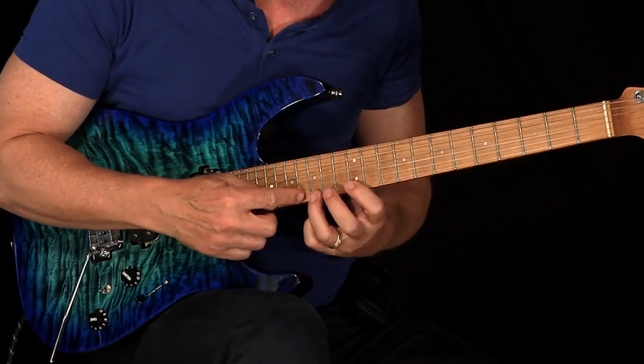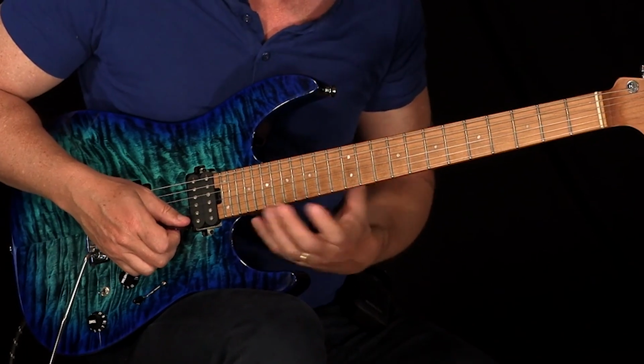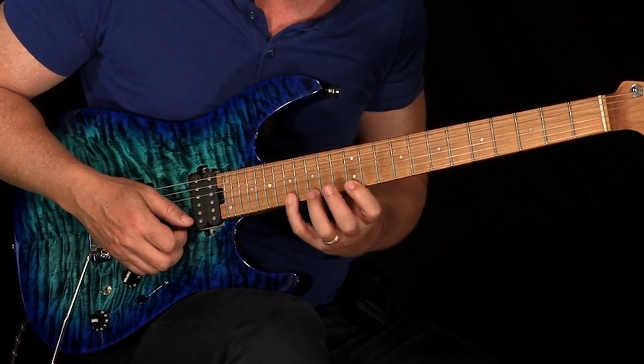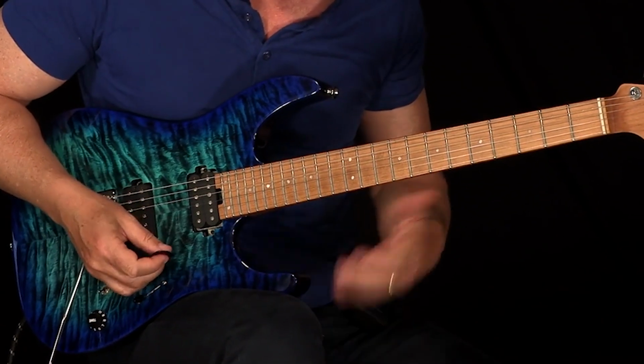So if I play this 3-note per string shape down, then I get the same note twice, which is kind of cool, but also a little bit hard to operate with if you don't want to play the same note all the time, right? But for now, I'm just marking out and saying, okay, the 2 top strings, which allows me to go,